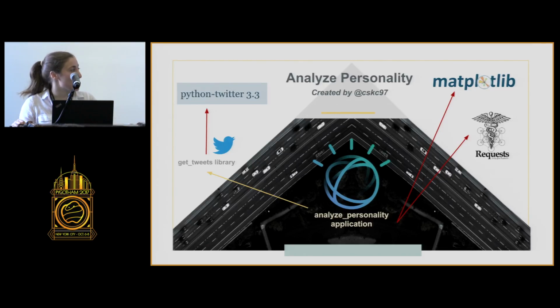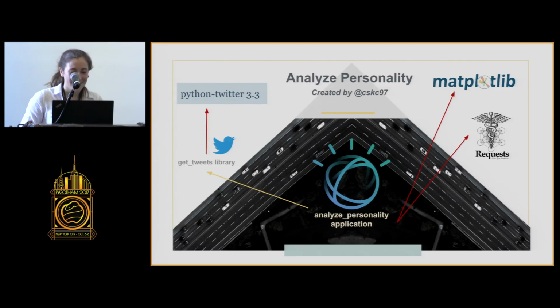Then he wrote an analyze personality application. It relies on the IBM Personality Insights API, and it has two external dependencies, matplotlib and requests. So what the application does is I give it someone's Twitter username, it downloads 300 tweets, feeds it to IBM Watson, tells us all your personality,